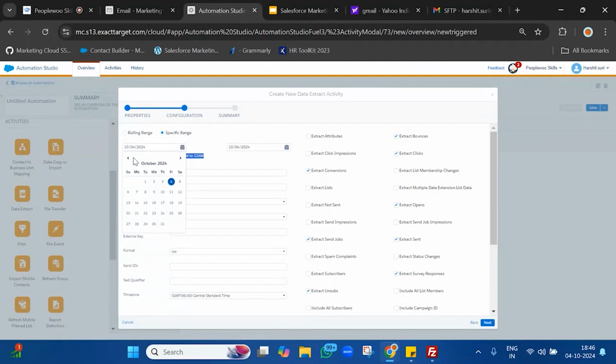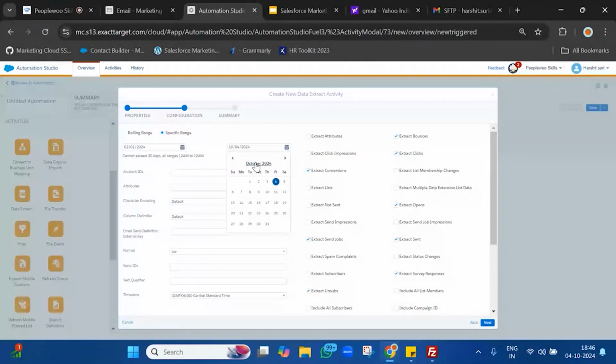So we will select February here. From 1st of February to 28th February, we want to 29th February, we want to extract the data. Now, what all things we want to extract? We want to extract bounce, clicks. We don't want to extract conversions. We want to extract opens. We want to extract sent. Our management has asked only to